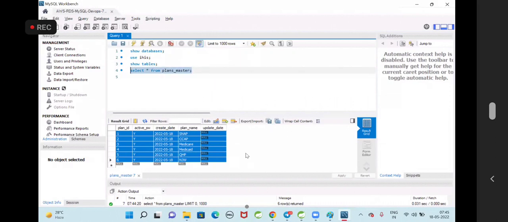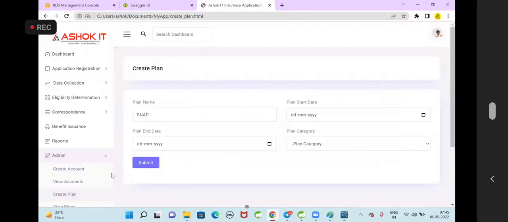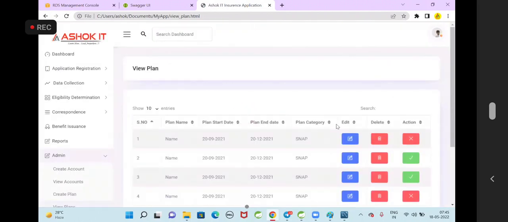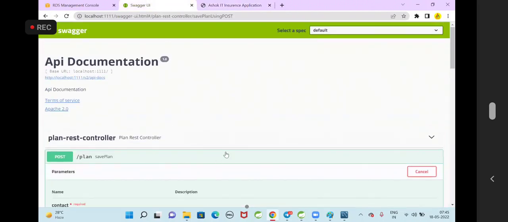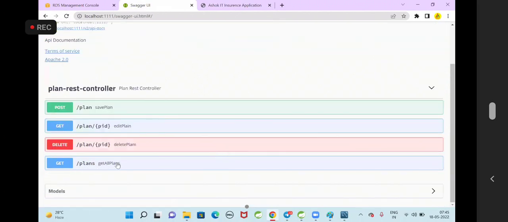Where will this plan data be used? Sir, why are we creating the plan here? Why are we displaying the plans here? You see, there is a method available to display all the plans. Get